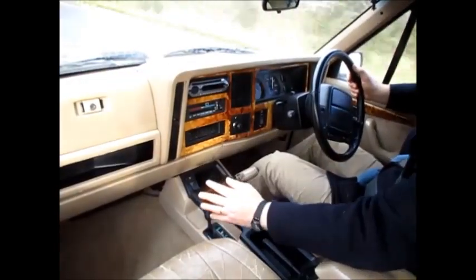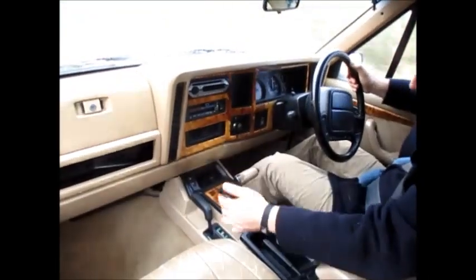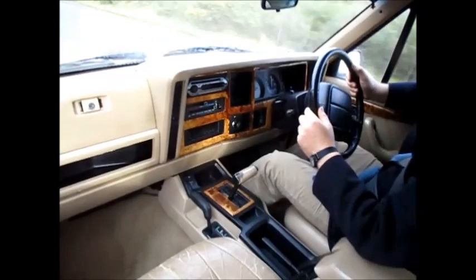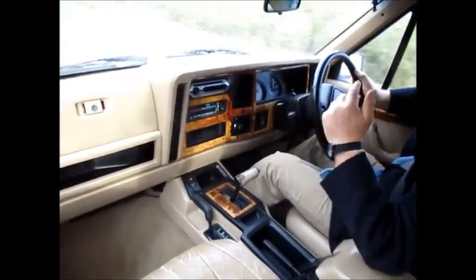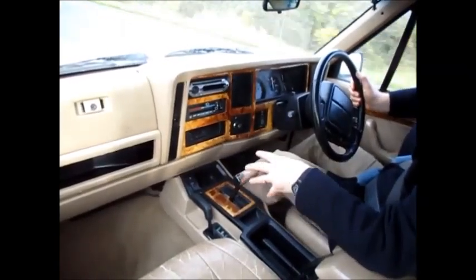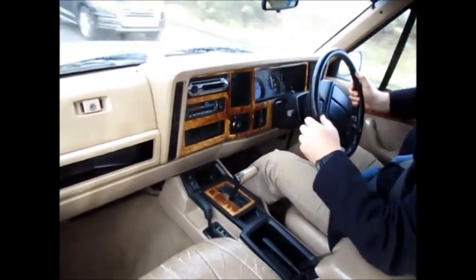It's also got an old school conventional separate transfer box with the prop shafts going forward and back, and on that you've got the separate lever down here for engaging high and low ratio, and so you've also got a high ratio four-wheel drive for on-road use with a central diff, and low ratio where it locks the diffs all up, and that's for when you're deep down in the mud, and you've got your two-wheel drive, obviously high ratio